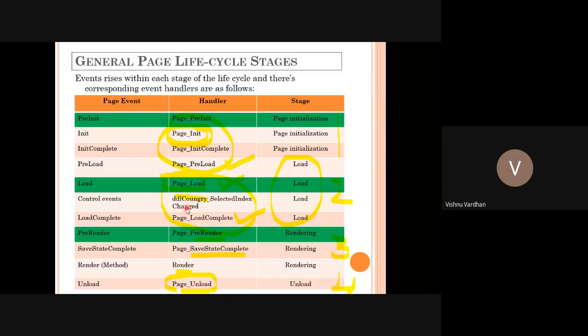Page load is used whenever you want to access your control, for example to populate the countries information with all the countries data coming from the database. Then during page unload you may dereference some objects. So in that way we frequently use some different event handlers while doing ASP.NET programming.